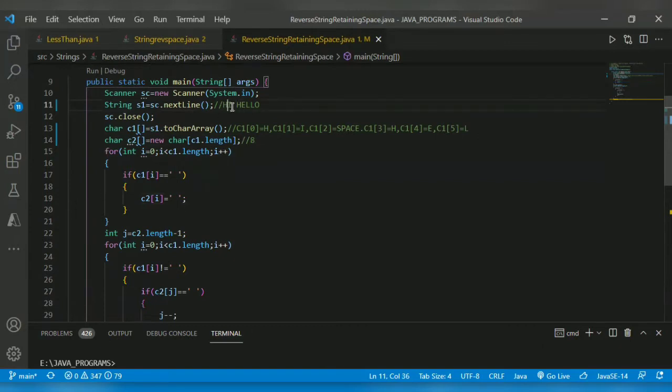So it will go for the next character. Here, 0, 1, 2 is a space. So c1 of 2 is space, so it will store c2 of 2 equal to space.